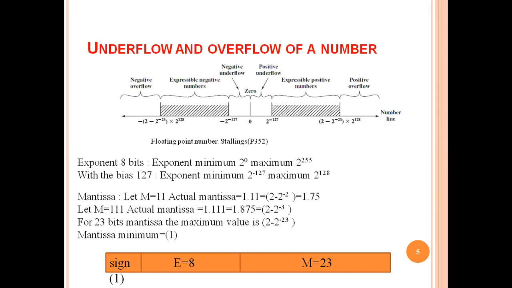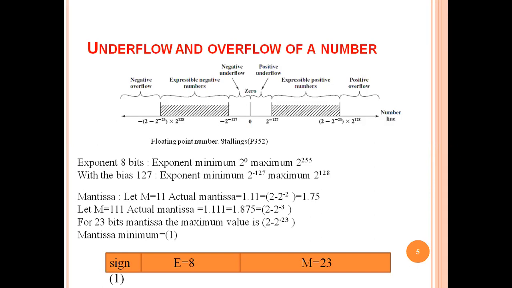Suppose you multiply 7 and 5. Your system can represent 7 and 5, but multiplying 7 into 5 will be an overflow. Okay. But similarly, the minimum number your system can represent is minus 10.